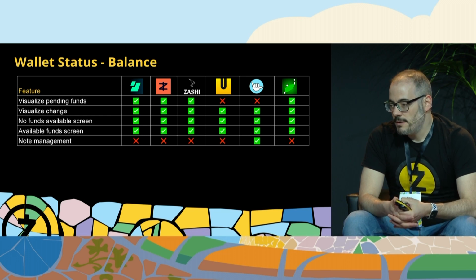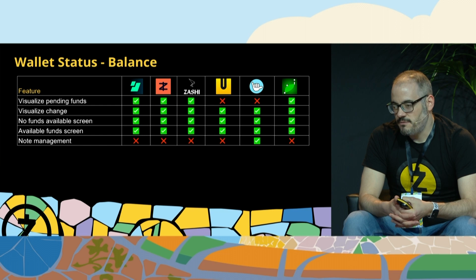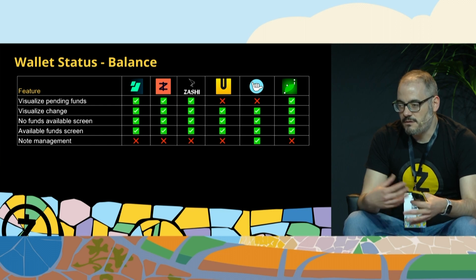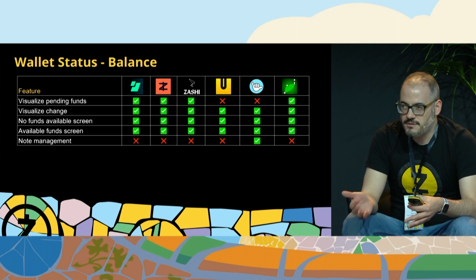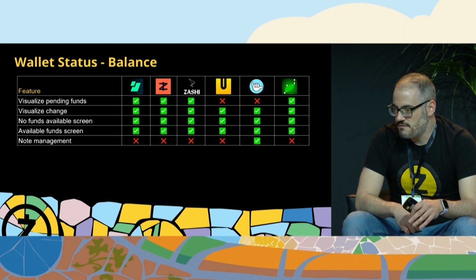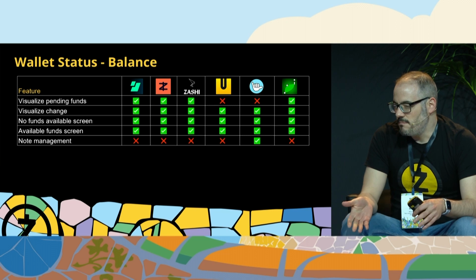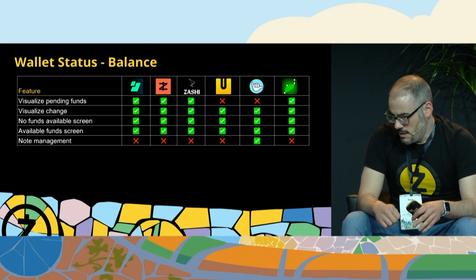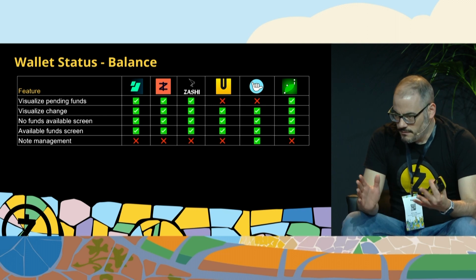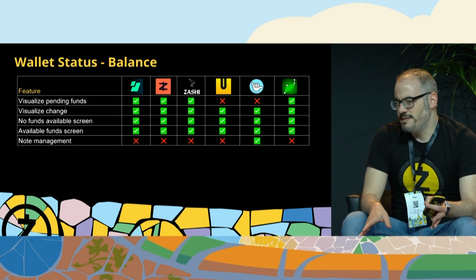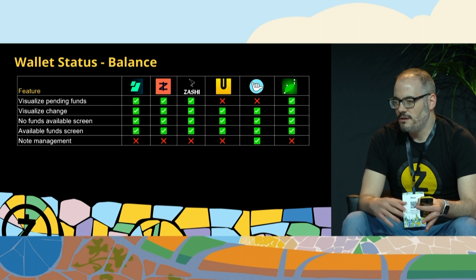For example, Zingo is the one that is eagerly trying to catch all the transactions. It gets the transparent funds as soon as you receive them. It pokes the mempool quite often, and then you have Edge or Nighthawk or Sashi that track the